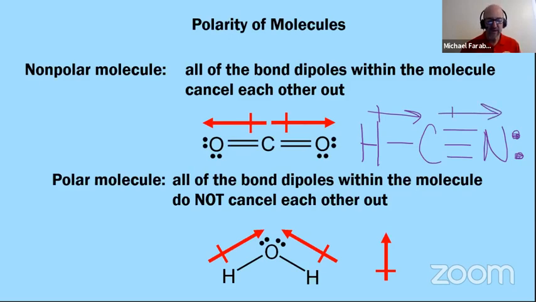So my point here to emphasize is that the answer for why something is polar or nonpolar has to do with whether the bond dipoles are going to cancel out or not. If they do cancel out, the molecule overall is nonpolar. If the bond dipoles do not cancel out, then it is a polar molecule. So again, because it's bent or because it's linear is not a sufficient explanation. Now, speaking of other molecules,